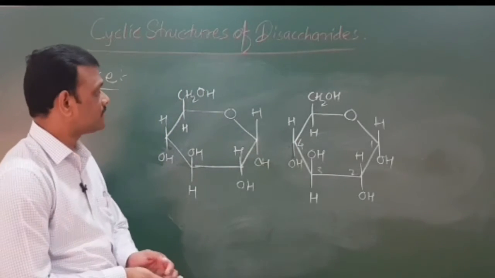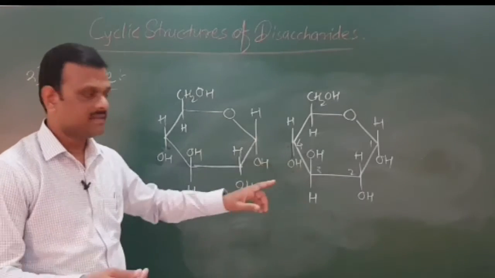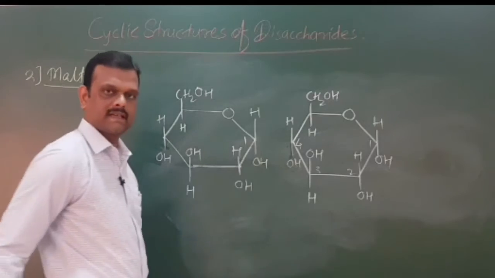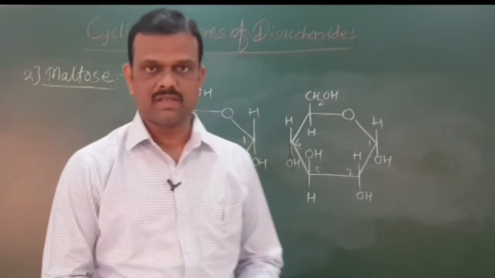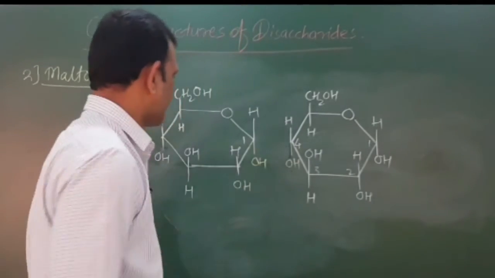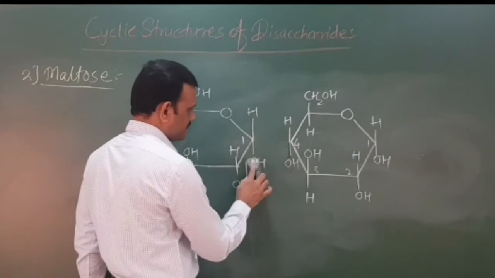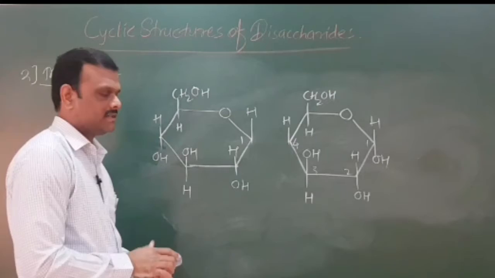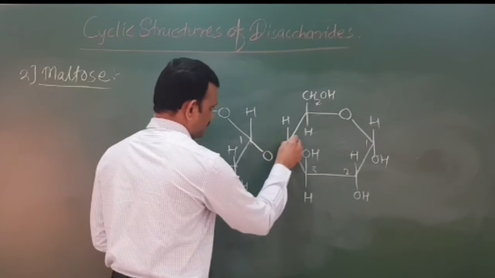What happens during this formation of maltose sugar? These hydroxyl groups from C4 of the first structure and C1 of the second structure undergo a condensation reaction. That means the hydroxyl group is given out in the form of water, that means OH from this and H from this. You will get the structure linked together and it forms the compound like this. Oxygen here.